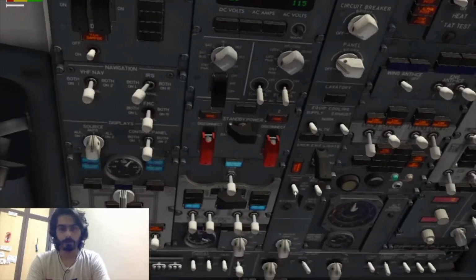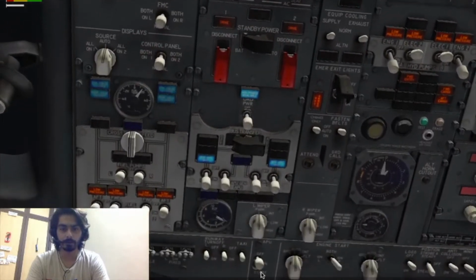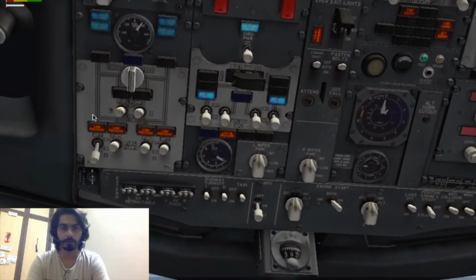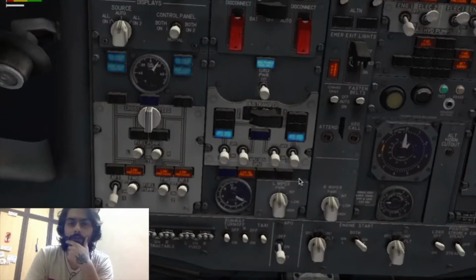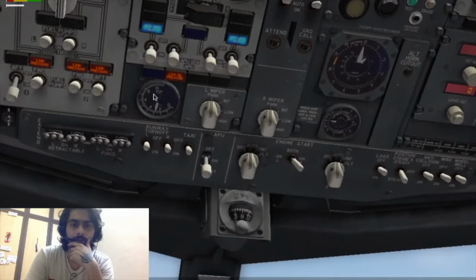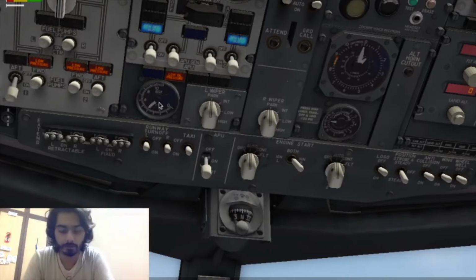In the meanwhile, I'll start the APU, which is the auxiliary power unit, and to do that, this is the switch right here. For that, I first need to start off one of the fuels. I don't need the rest of them to be on right now. This is okay. I'll press it down for 3 seconds and we'll see the APU starting off. This is telling us the exhaust gas temperature for the APU. Once it starts off, you get to know कि हाँ APU मेरा run होना शुरू हो गया।